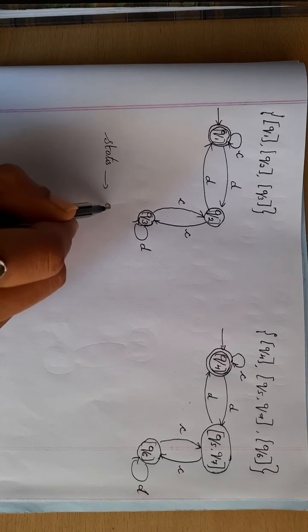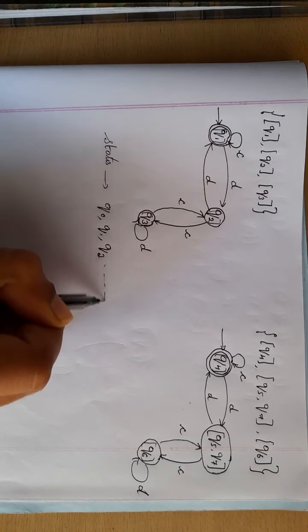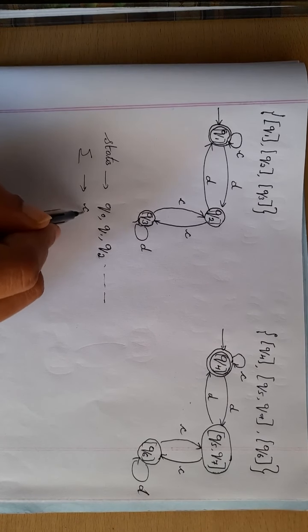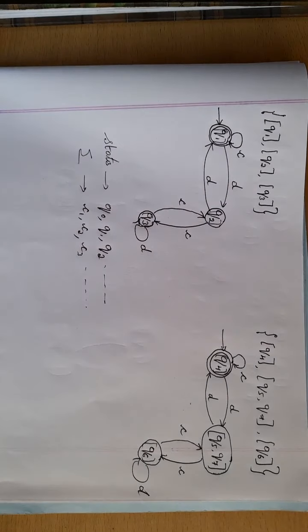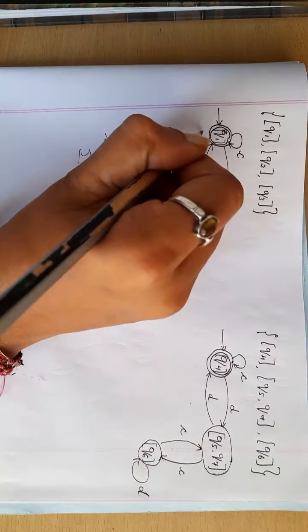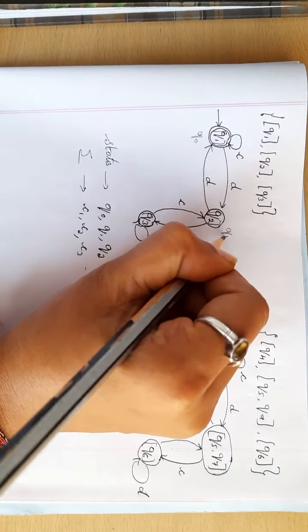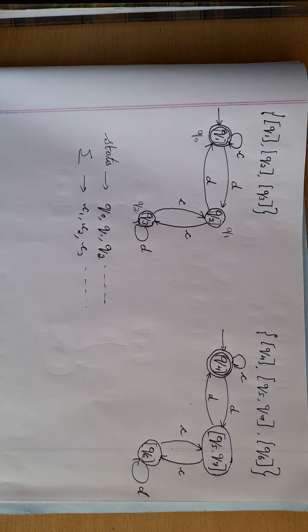No matter what states are given, when you start renaming, you simply start from Q0, Q1, Q2, and so on. And the alphabets, you can take as C1, C2, C3, and so on. So you have to rename the states that are present and then the alphabets. Right now here I have Q1, so I will change it to Q0. Q2 I will change to Q1. Q3 I will change to Q2. So I have renamed this.